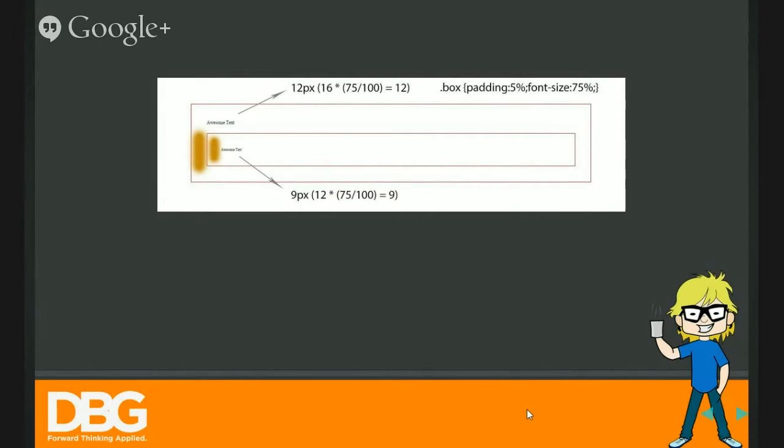And the font size of inner box class will be 9 pixels. It's because it's related to its parent element. So its parent element has 12 pixel font size. So 12 into 75 by 100 is equal to 9. So 9 pixels. In the case of padding, it's same.